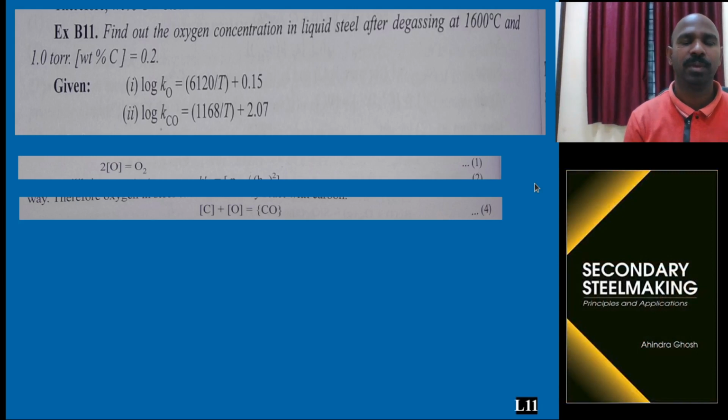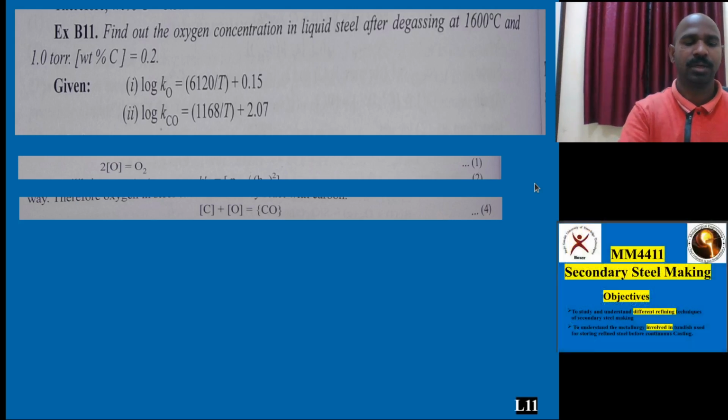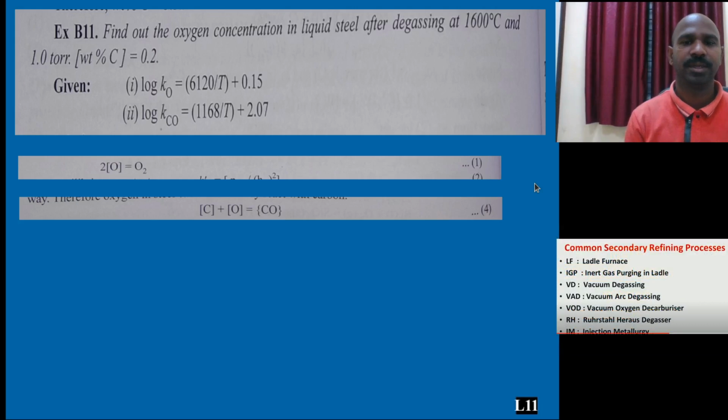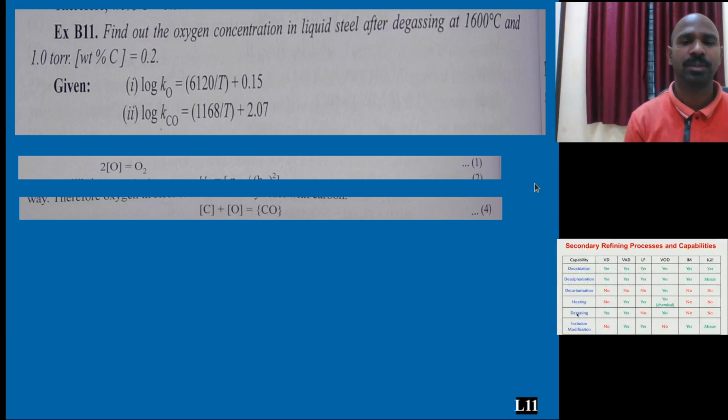From the previous lectures, I discussed many topics about secondary steel making. One of them is degassing. Within degassing, there are things called ladle degassing, tank degassing, and circulation degassing. Many methods were discussed, and I also introduced the thermodynamics part of secondary steel making, where you will